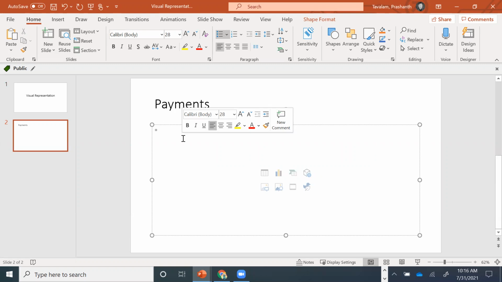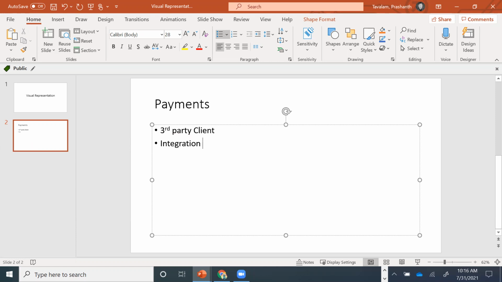Payments integration is expected by a lot of clients in their regular businesses. For a third-party client, they want a payment associated with multiple cards, multiple accounts, and any other way of making payments in a single page, like a bill. Right, Prashant?